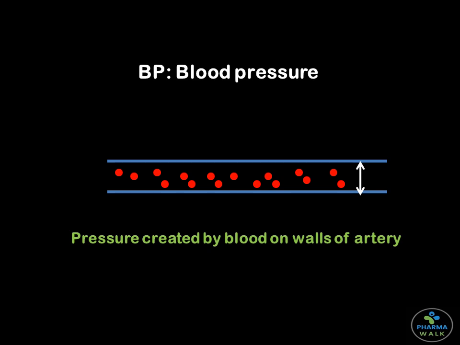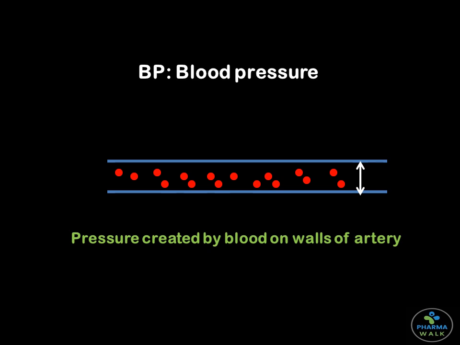It's a very important parameter. If blood pressure goes above normal, that is not good. If blood pressure goes below normal, that is also not good, because if blood pressure gets low, symptoms like dizziness, confusion, and unconsciousness can happen. So it is very important that blood pressure stays in the normal range. Regulation of blood pressure is very important.